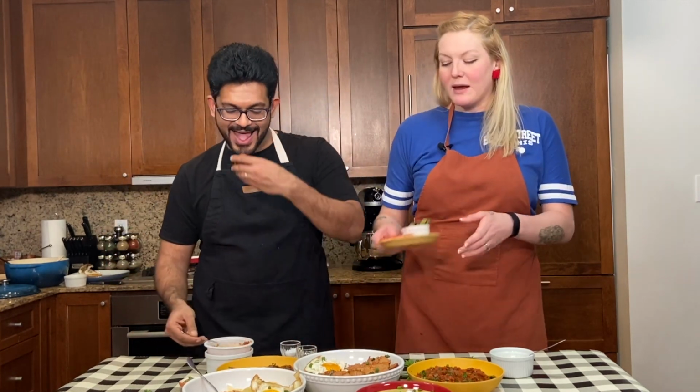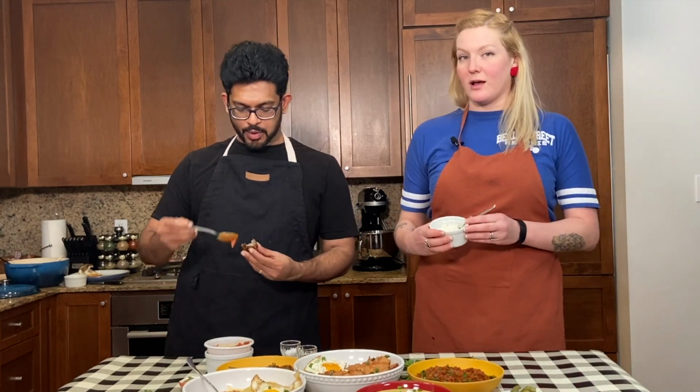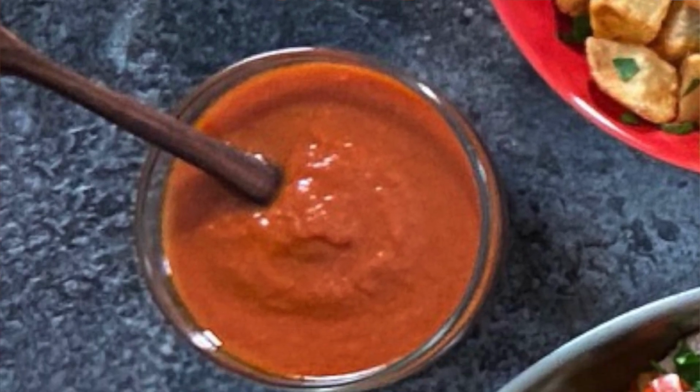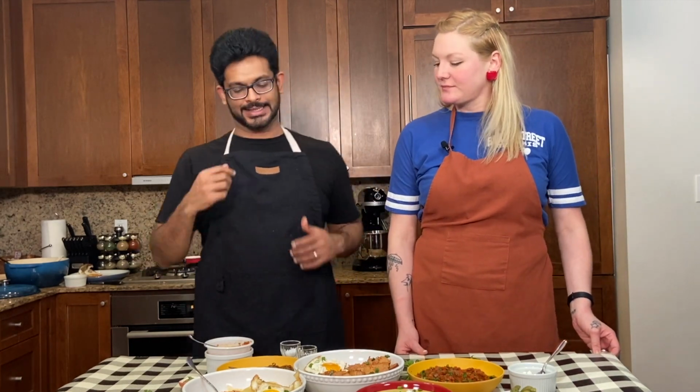We made a side plate of pickles and sliced tomatoes because that is traditional, that is common. And we have a little side of sheep's cheese as well, which we have put on the main dish, on the Tochitură. Try some with the hot sauce. Isn't it really good? So this is just the hot sauce from our Spain episode. You've not seen it. That's coming. This is a really good accompaniment for our mushroomy, salty, crispy